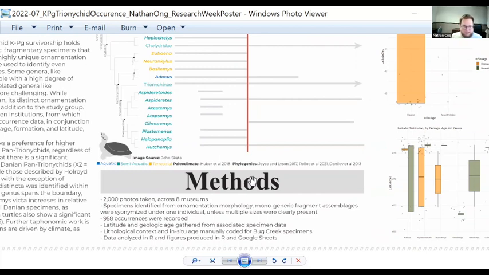where I went to eight different museums and I took about 2,000 photos. And then I sort of put together an ID guide based on the ornamentation that other people who know more than I do have identified. And the thing about identifying ornamentation is that there's some specimens or some taxa where it's very clear,